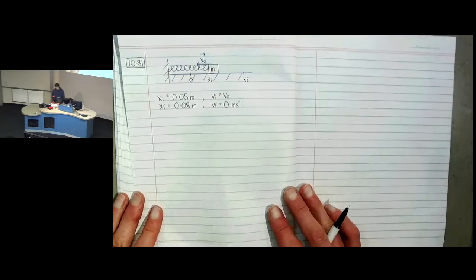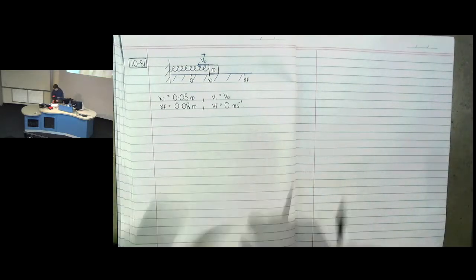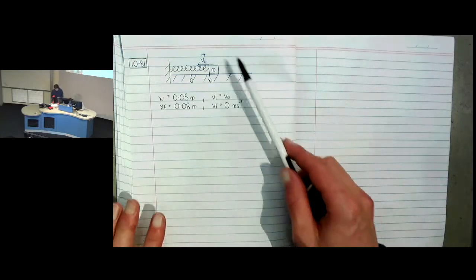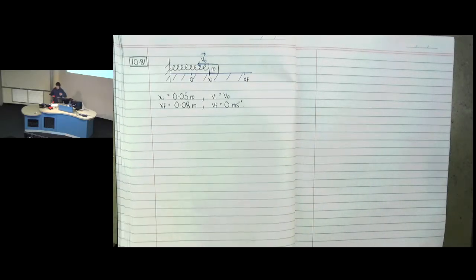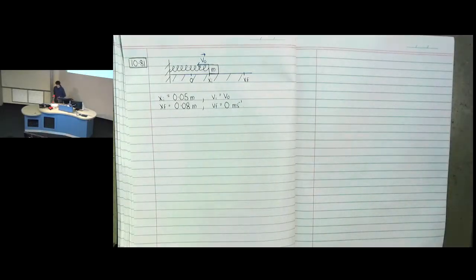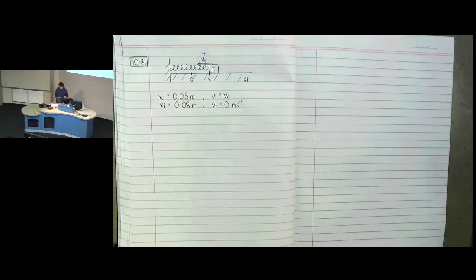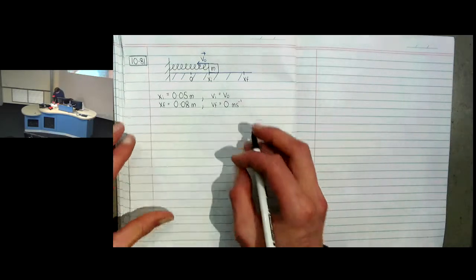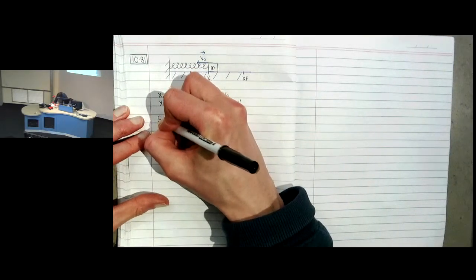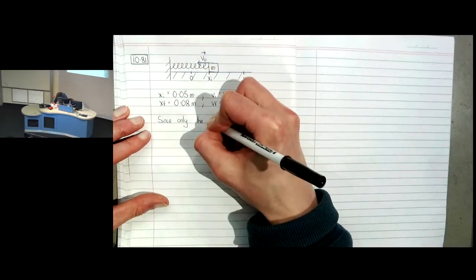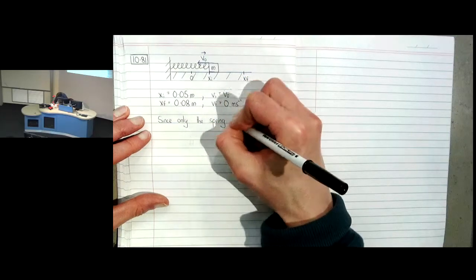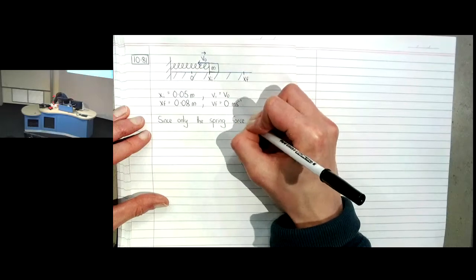So probably a good place to start would be to note that there is really only one force acting on this block after it's released, and that is the spring force. Gravity also acts on the block after it's released, but that is always perpendicular to the motion, so that can't do any work. Friction doesn't do any work either, because we know that this surface here is frictionless. So in that case, since only the spring force does work on the block,